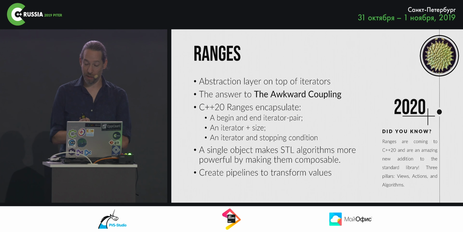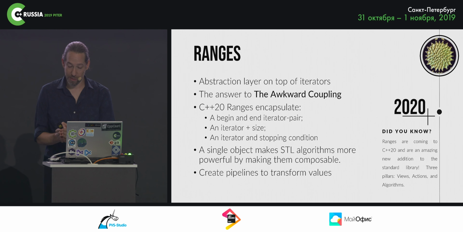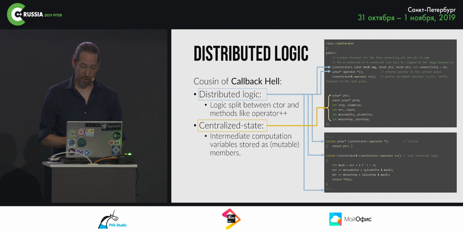However, since ranges are essentially an abstraction over iterators, when we come to implement ranges, they still, at heart, suffer from the second problem that I will mention about iterator classes, and that's the problem of distributed logic. So if we look at the same implementation, the files for CV line iterator, distributed logic is really the cousin of callback hell, because the implementation has the property where the logic of how the iterator works is distributed